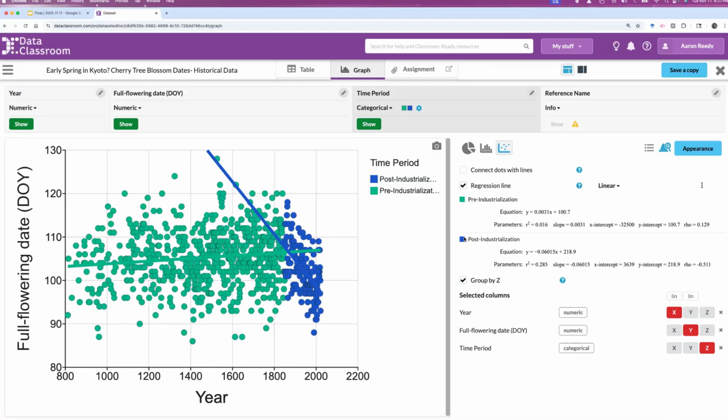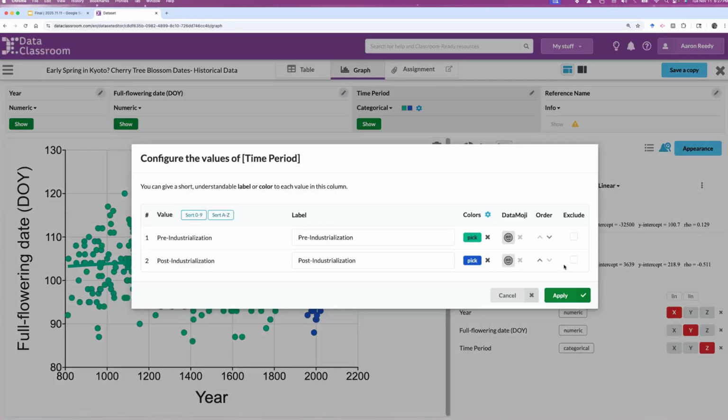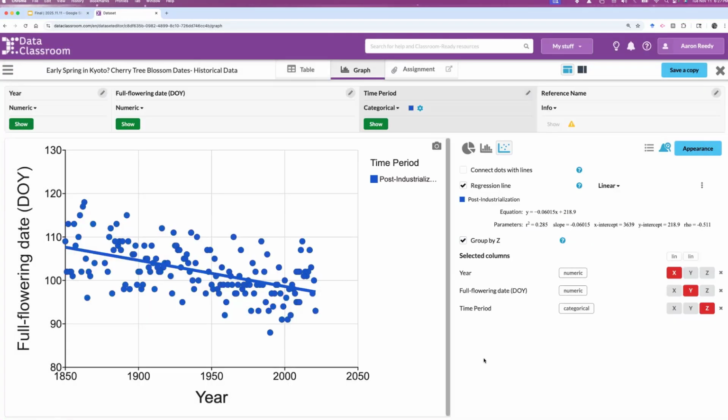And it is through that act of data visualization that you can get the idea to say, well, wait a second, let me just look for this specific time period. And if I go back and use the exclude in much the same way that I did with the Datasaurus data set, I can look, this is what's going on in the post-industrial time period with